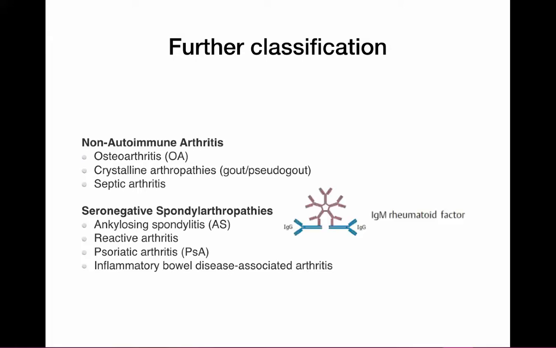The reason behind calling them seronegative is that from the beginning of ages, when people started to diagnose and call autoimmune disease, most of the patients had to have an IgM rheumatoid factor, and rheumatoid factor is an